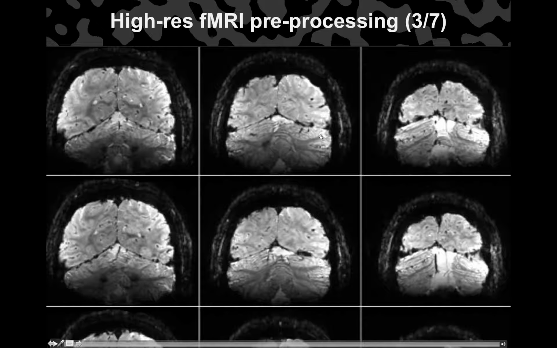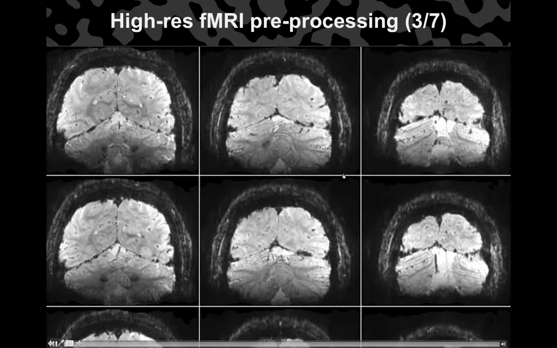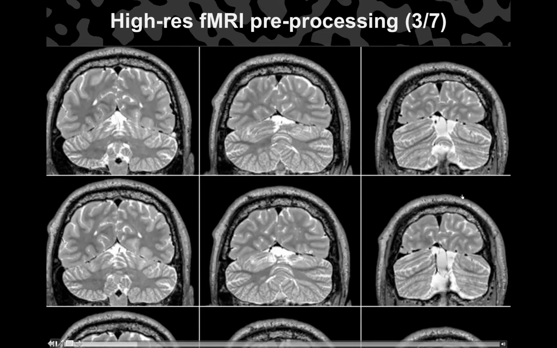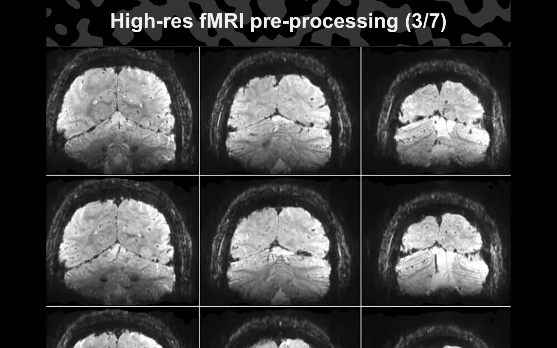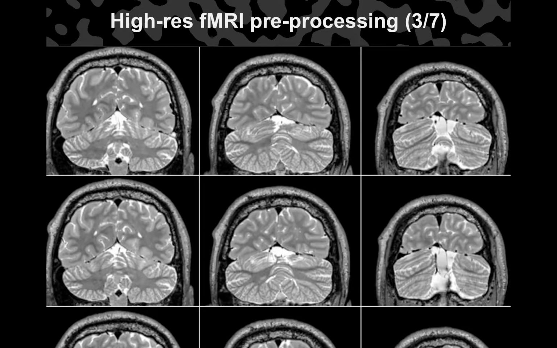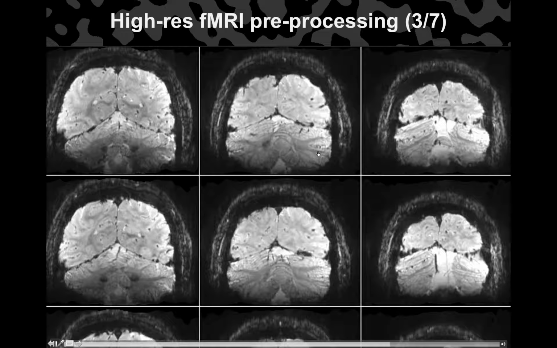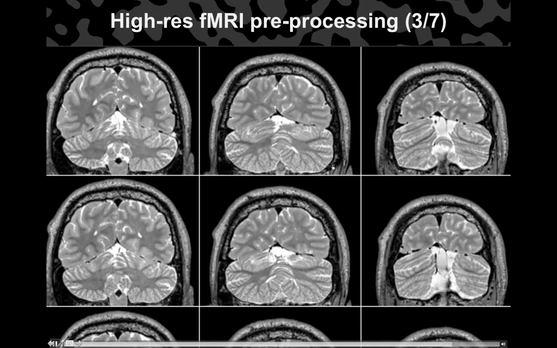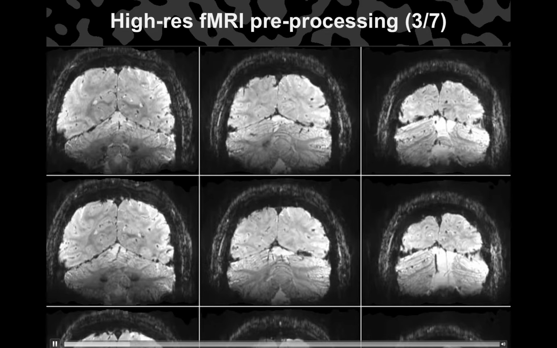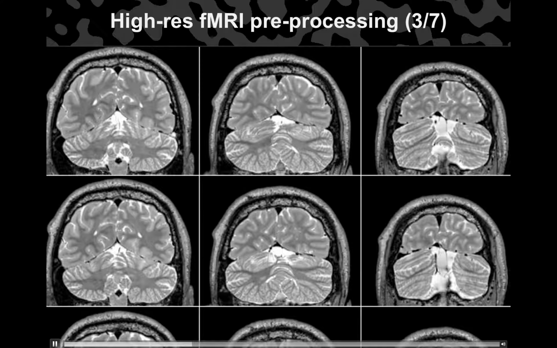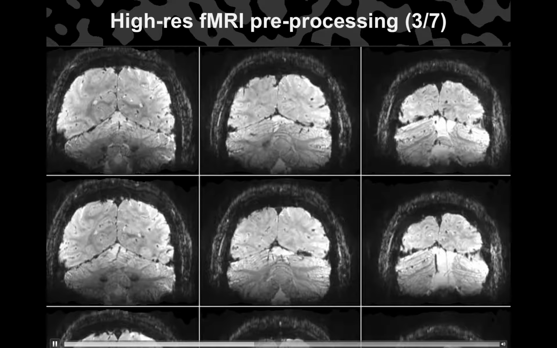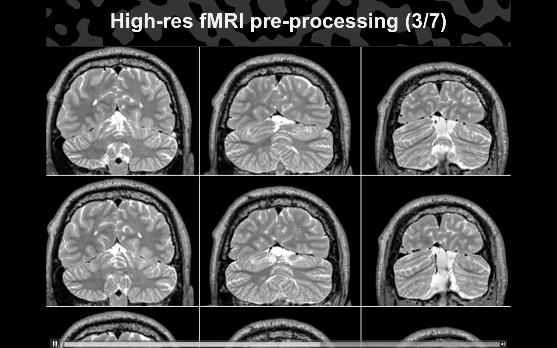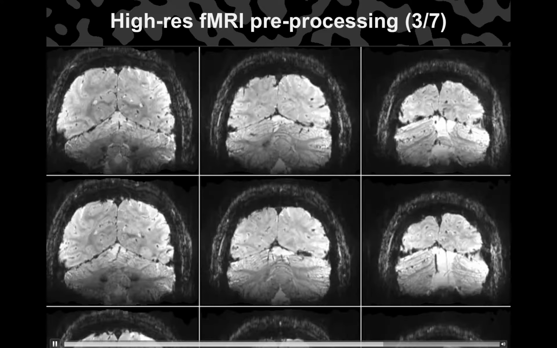So just a smattering of additional images and movies. This is high-res T2 star EPI data against the T2 after the supposedly correct co-registration. There are, of course, artifacts in the EPI data, such as apparent dropout, so you don't want to confuse dropout for apparent scaling of the brain. An affine transformation was used here to determine this registration, so I think visual inspection of the quality of the registration is really important, especially for intermodality registrations where one of them may be corrupted by image artifacts, namely the EPI data.